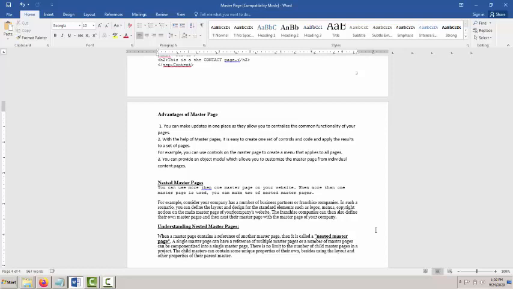So that one is one big disadvantage of the master pages, or nested master pages. Sometimes the UI also becomes difficult to manage for big master pages. So there are some disadvantages of the master page.